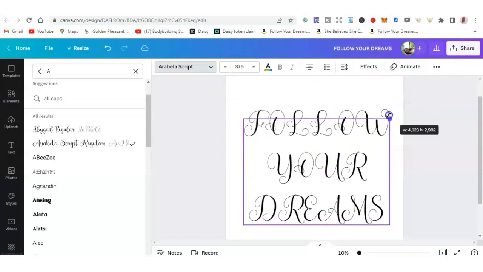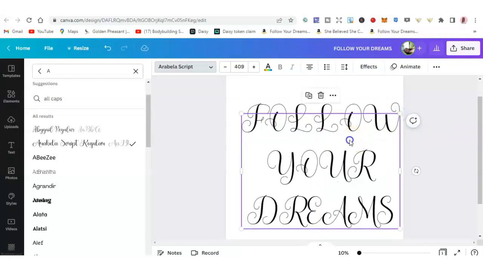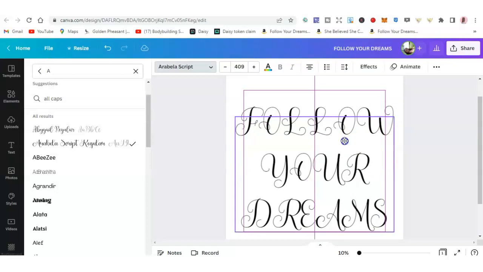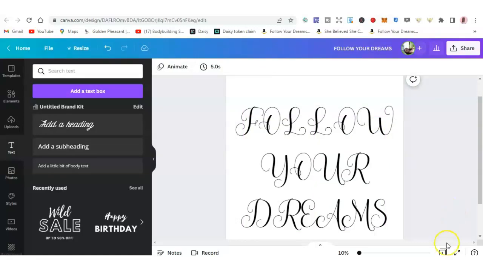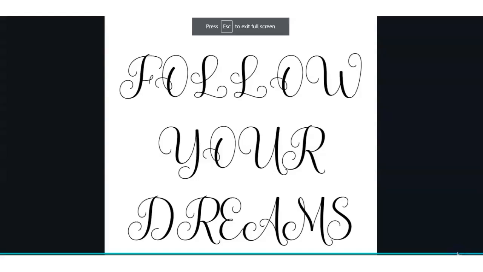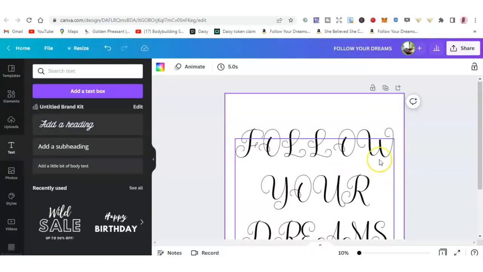So you need to handle this font a little bit differently than you normally would with another one. Okay, so it looks like this. And if I just click on the whole size, then actually it looks like this. For me it's a bit strange, but now you have the idea how you can change the font